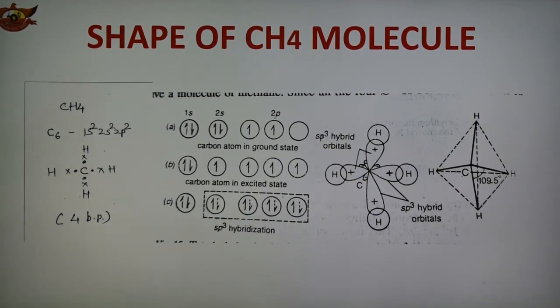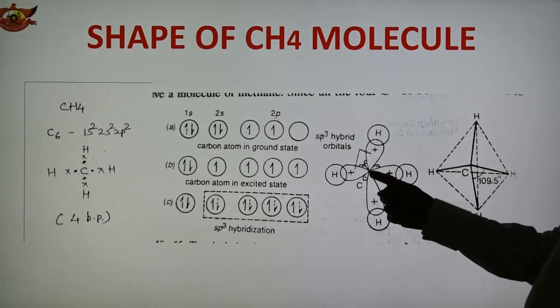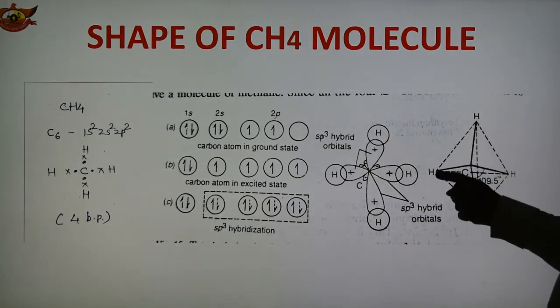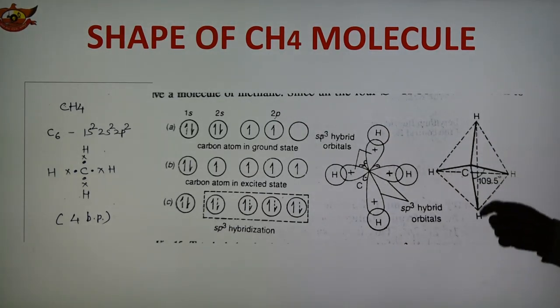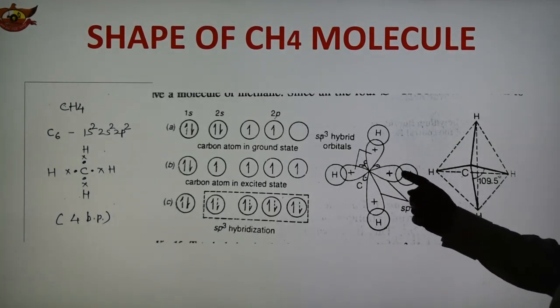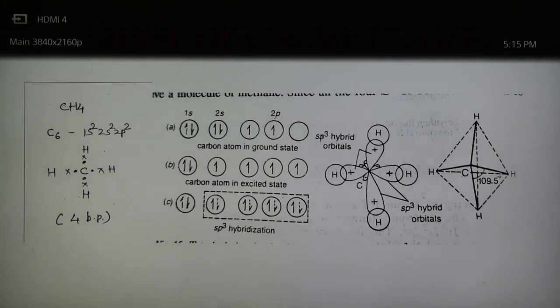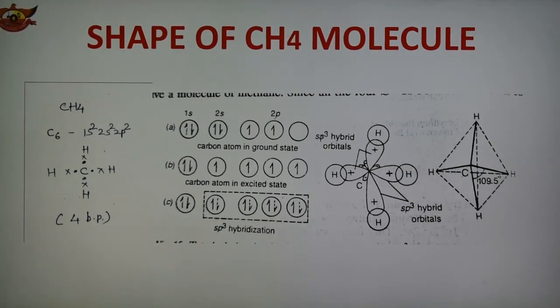Here the figure is shown. Because of sp3 hybridization of the carbon, the shape is tetrahedral. The shape is shown here, tetrahedral, and in a tetrahedral shape, the bond angle is 109.5 degrees. So the tetrahedral angle is 109.5 degrees, and this is the carbon, which is sp3 hybridized, and here are the carbon-hydrogen bonds, 1, 2, 3, and 4. So in this way, the methane molecule is formed, in which all the electron pairs are bond pairs, and therefore, with 4 bond pairs, the shape is a regular tetrahedral shape.